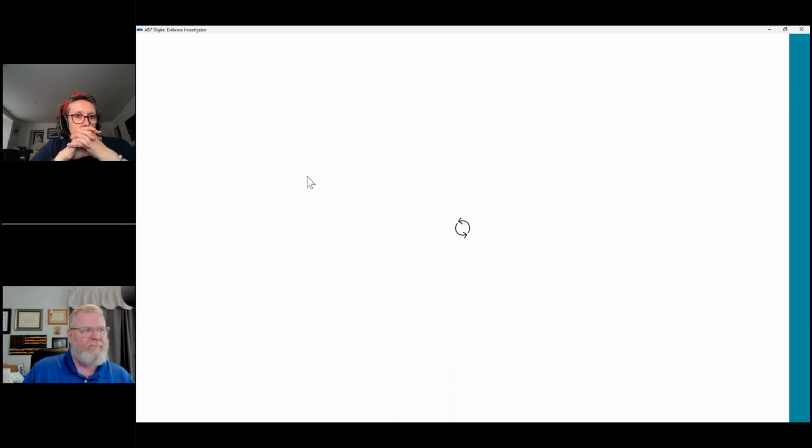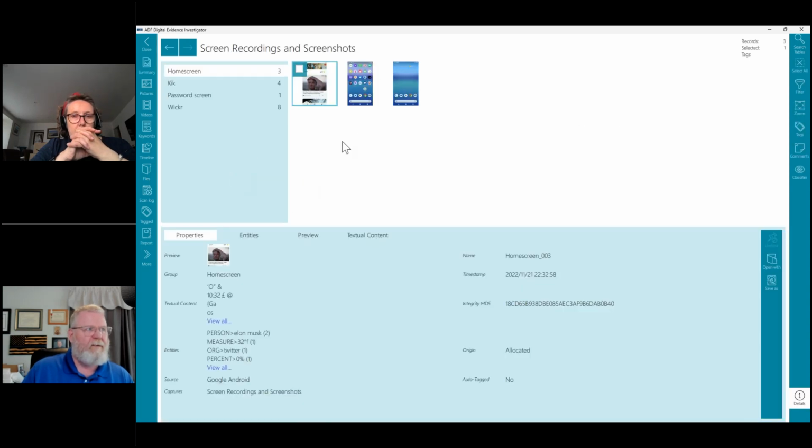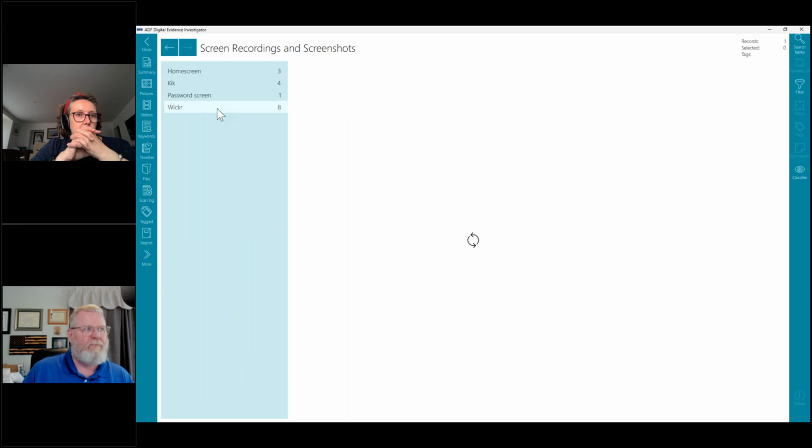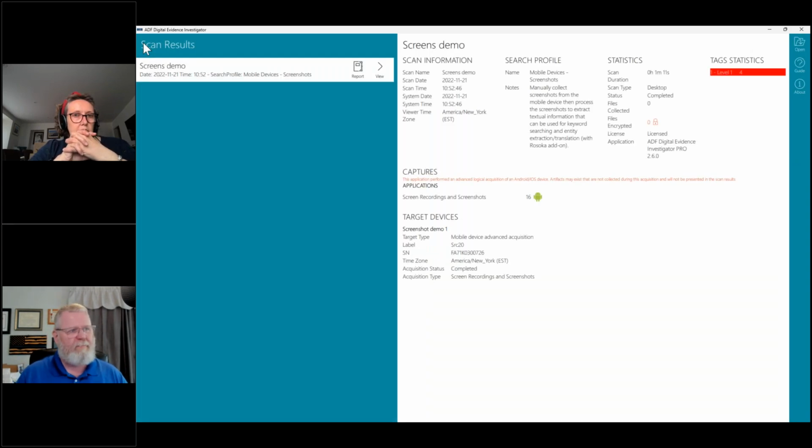And that's all it shows them, just the same results that you had, the summary page, and all the screenshots that they can go through as well. It doesn't require them to have a license. They can't connect another device to it. They can't do any scans, but they can just go through it and look at this, depending on who you're handing this over to. So you have options: HTML, PDF, CSV, and the standalone viewer as well.